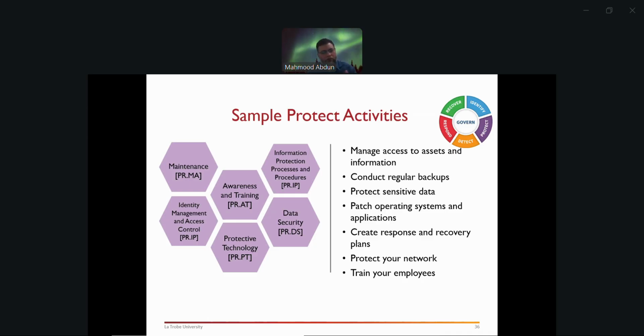Go through the categories and examples to have a feeling of how protect is different from detect, right? How protect is different from respond. Sometimes there are some subtle differences between the activities in protect and the activities in respond, which we'll address next.